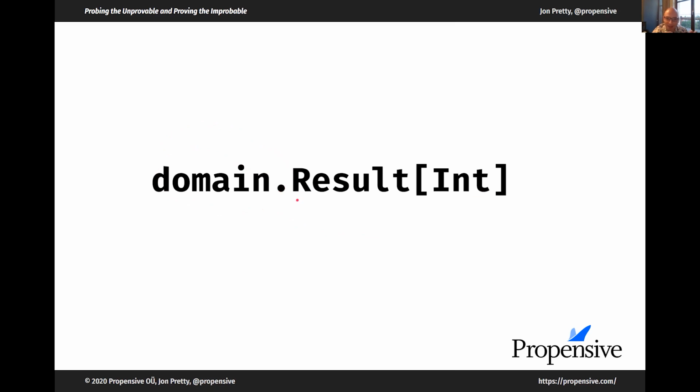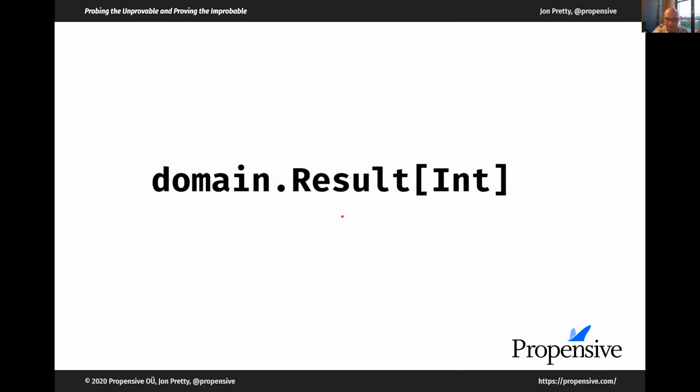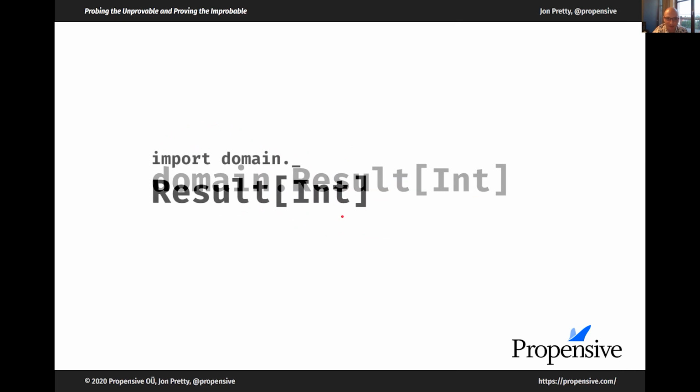And what I want to do is encode within that path, I'll show you how later, details like the IO exception, because I have a benefit that as a path-dependent type, I can import from that domain, and I get the Result, and I can use that within some scope where that domain is imported. I can use it as I would use Option or Try without needing to specify the exception type, knowing that domain encodes it.